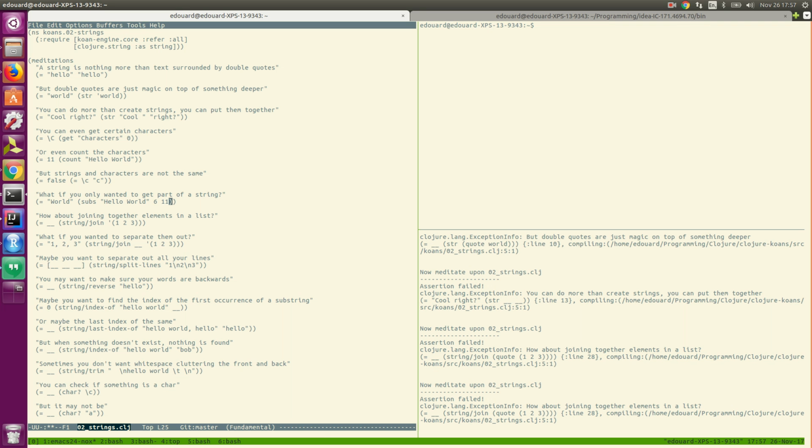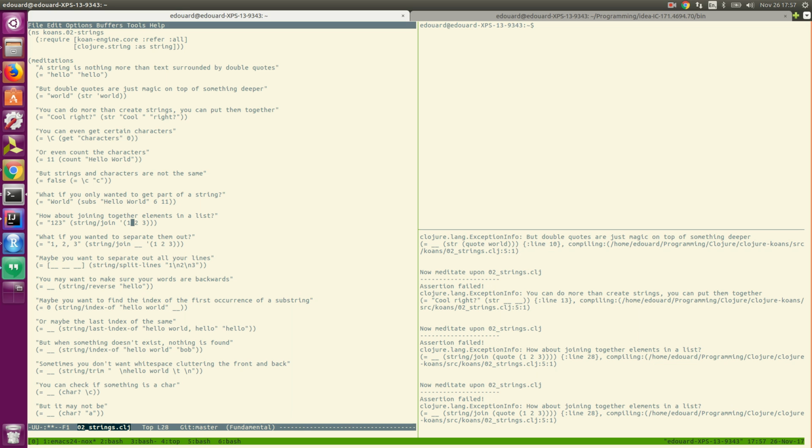I found that out. String join is a composite function which takes a list. This is a list. And turns the elements individually into strings, I imagine, and then joins them. I suppose that's the way it would probably work. And this is a variadic function.